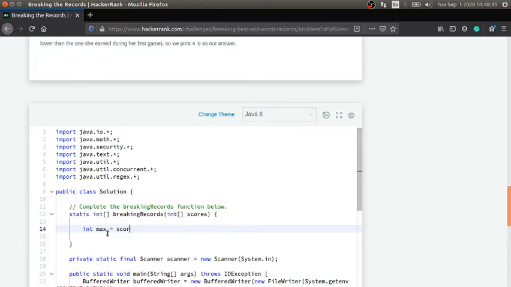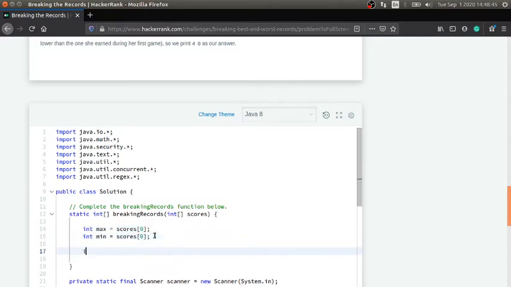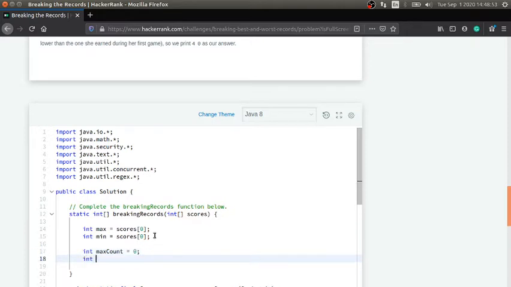So scores of 0 to max, and similarly we are going to do that for the min. So let me just copy paste it because we are lazy, and we need to count the maximum score, so we need to have that variable as well,